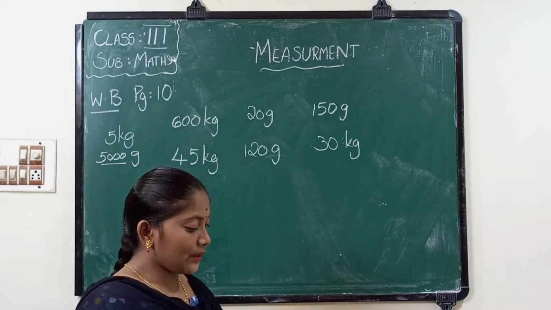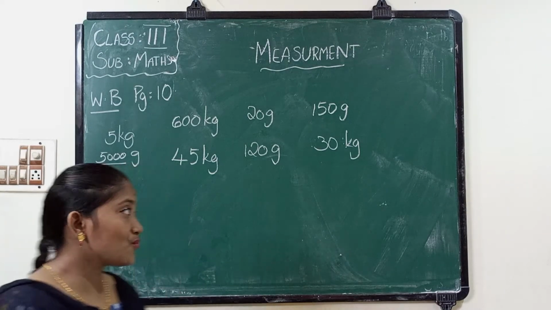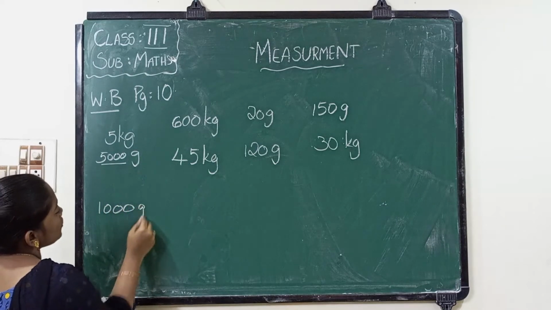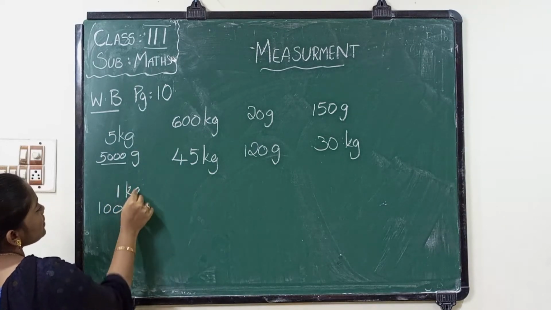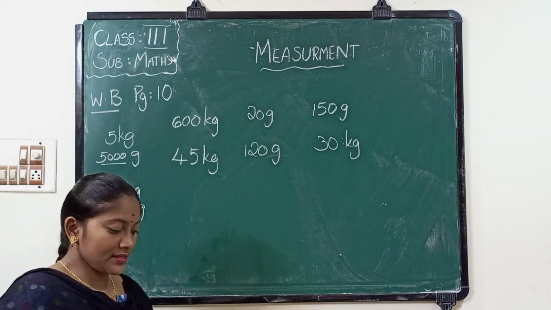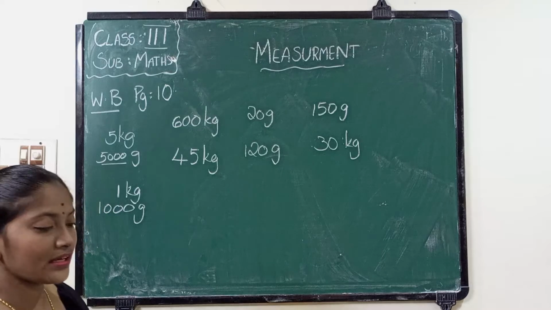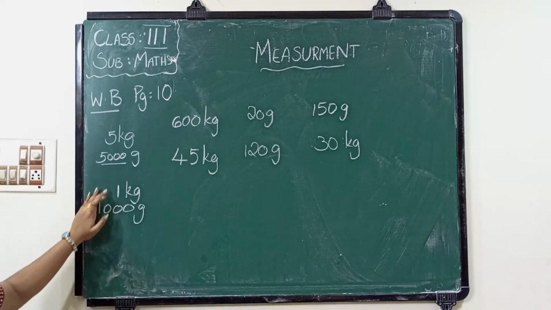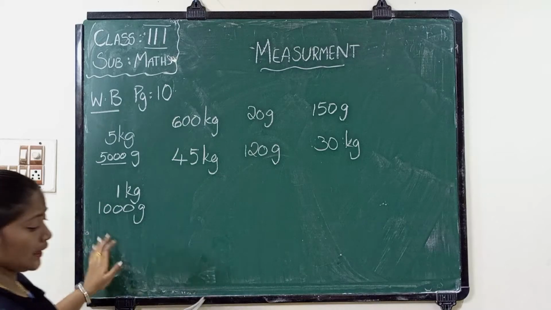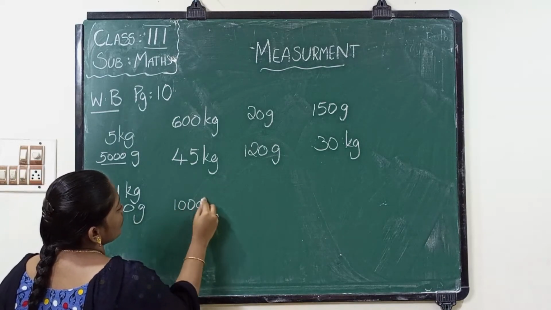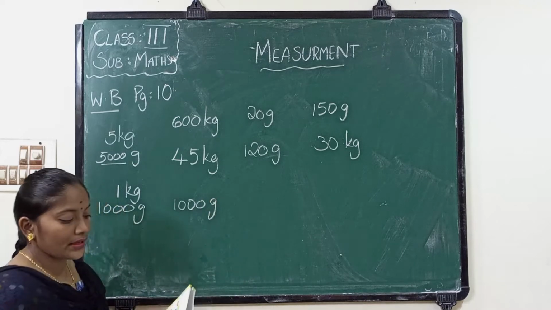Next one, the weight of the sweets. 1,000 grams. What is 1,000 grams? 1,000 grams means 1 kg. 1 kg is equal to 1,000 grams. So, next they give 10 kgs. The weight of the box is 10 kgs or 1 kg. It's 1,000 grams or 1 kg. It cannot be 10 kgs. So, we have to round to 1,000 grams.